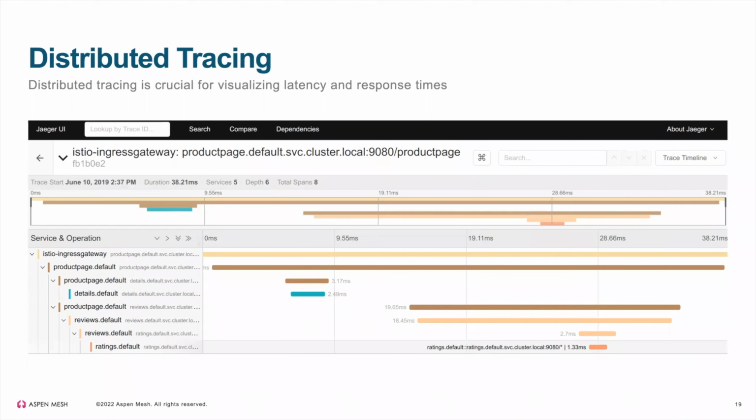Istio does this by injecting headers into all the requests for tracing, things like a correlation ID and a trace ID. It injects that into all the request headers, and then it can send that data to Jaeger, Zipkin, or any of the number of distributed tracing tools out there, so that you can visualize where there are bottlenecks or errors being thrown that are causing an issue.